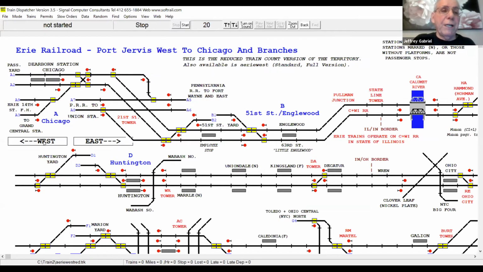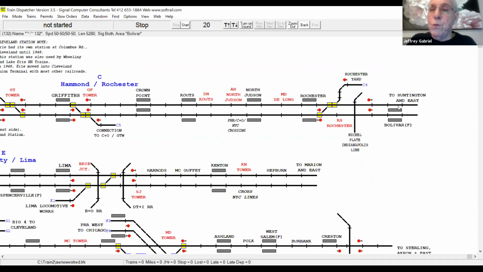And I forgot to mention, I should have mentioned before, just like you would see on a road map or a railroad map, most maps are oriented with west to the left, east to the right, north is up, south is down. That's obvious, but I just wanted to point that out. That is true of this railroad. We've been going west, moving steadily to the left. It's just that it can't be all in one row, so you have to jump to the next set of lines up, which brings me to the final top set of lines up here that I'm going to navigate to.